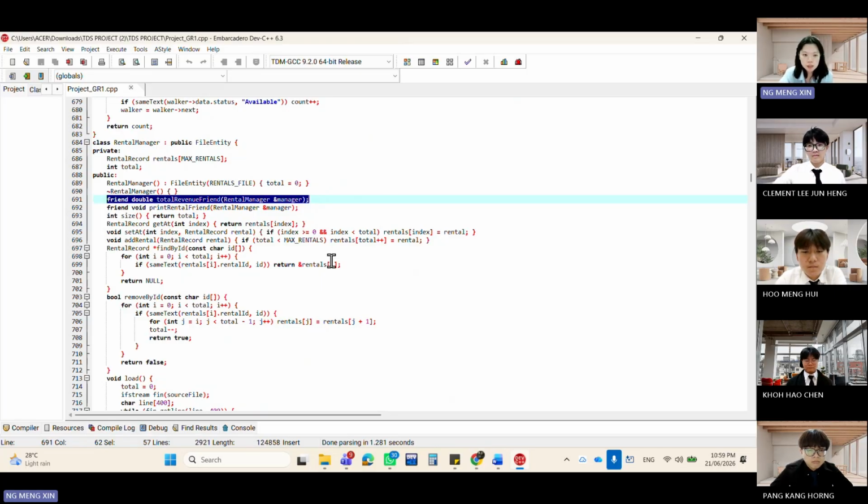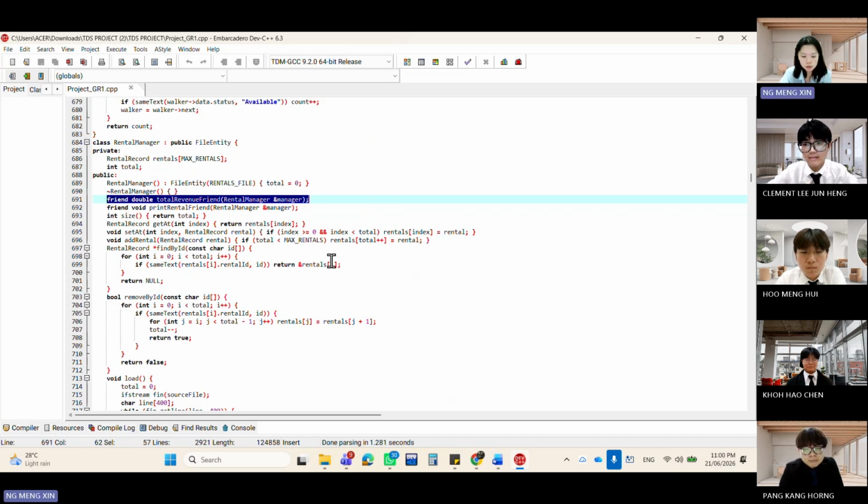In our system, they are used for display and reporting purposes. For example, count available friends accesses the linked list and counts how many cars are available. Total revenue friends accesses rental records and calculates the total revenue.